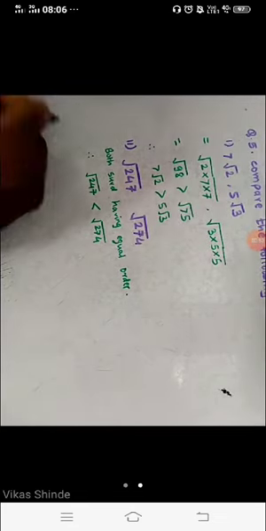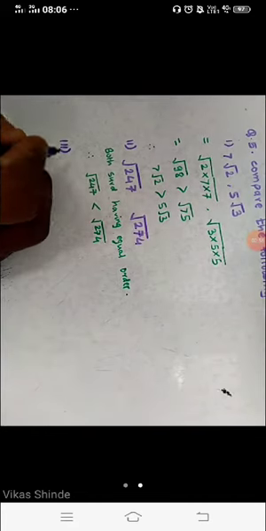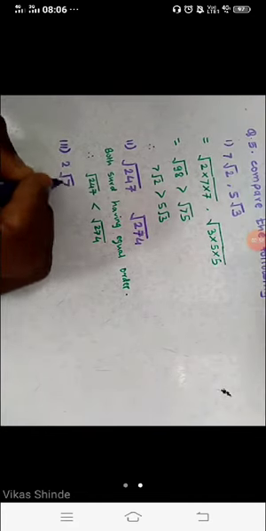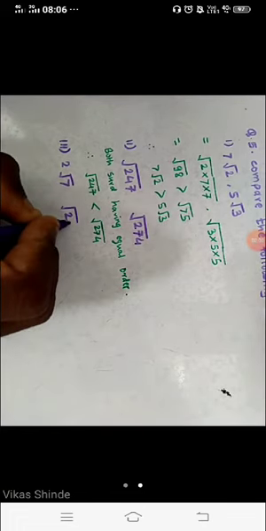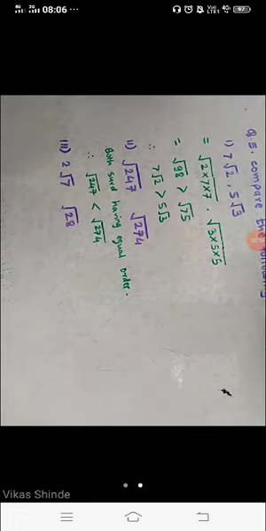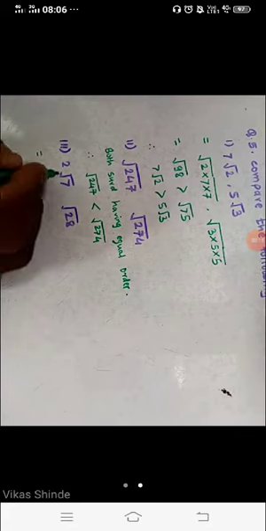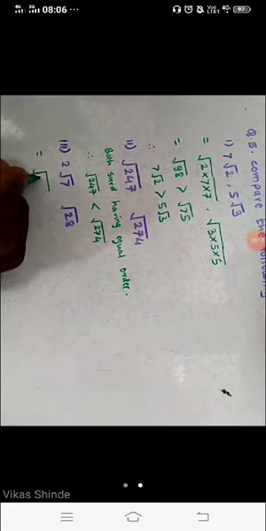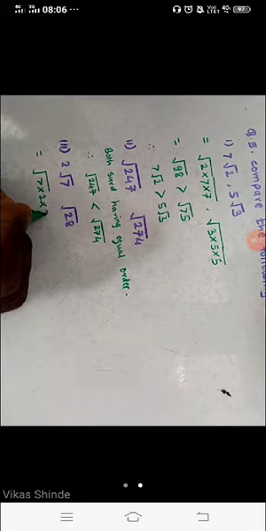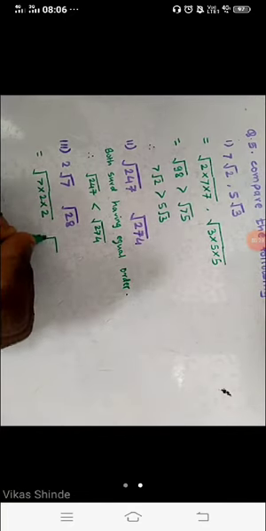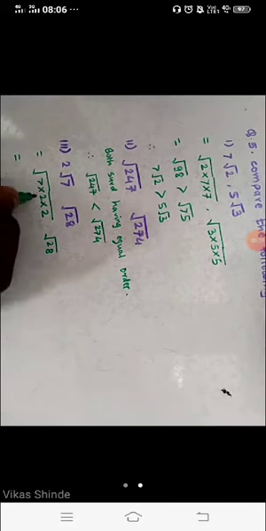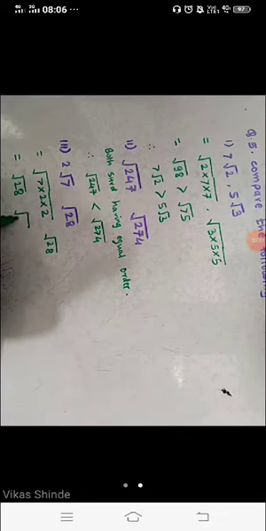Now the third one: 2 under root of 7 and second surd under root of 28. Now look carefully, student. We have to simplify the first surd, which is in mixed form already, and we have to convert it into pure form. So write 7 into 2 into 2, since the order is 2, and then 28 as it is. Multiply: 2 2s are 4 and 4 7s are 28, and here also 28.